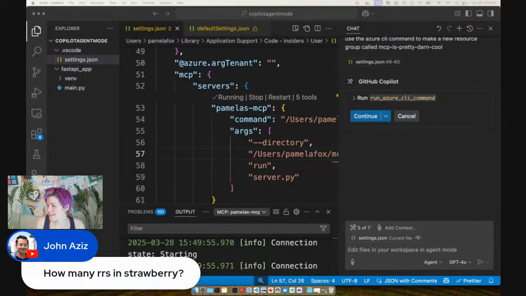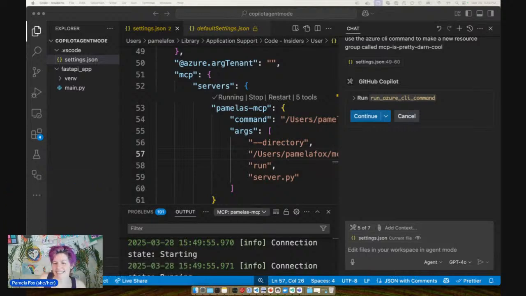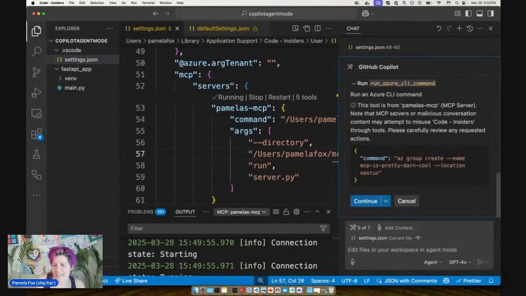John has a good idea. How many R's in strawberry? We should implement that next. That's definitely more useful than this one. No, actually, my colleague did something like this, and